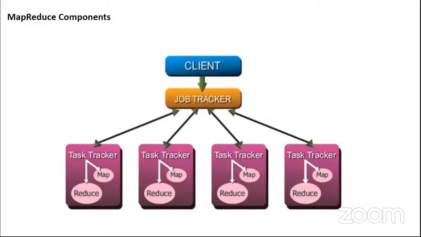So the task tracker would be running on the data nodes only. It's another daemon of the Hadoop system. Whenever you submit the job, that task tracker will be instructed and given all the information about that application as well, which you have written in Java, Python, whatever. Then that task tracker will read the data, process the data, and produce the output.